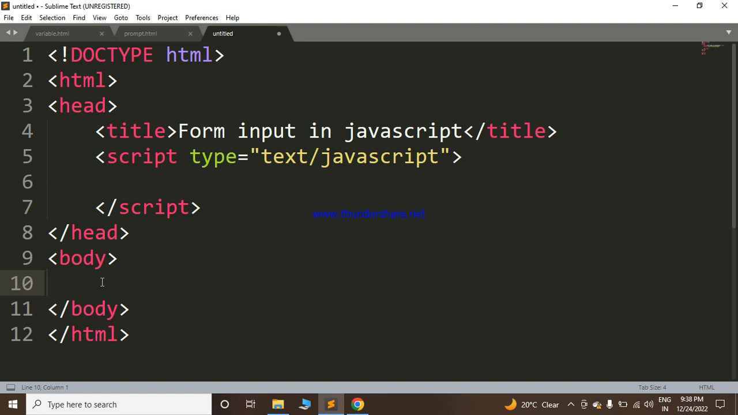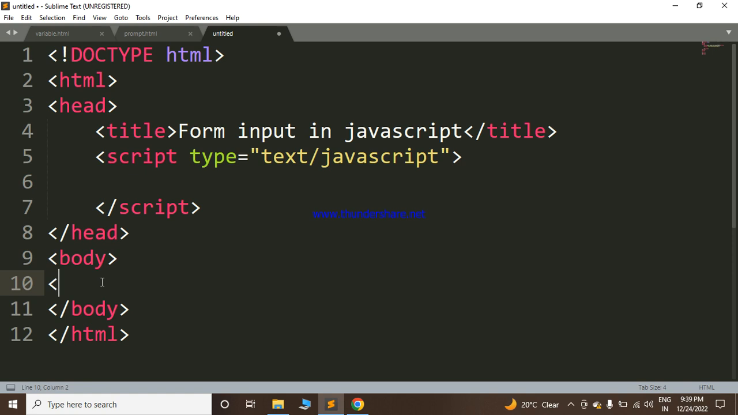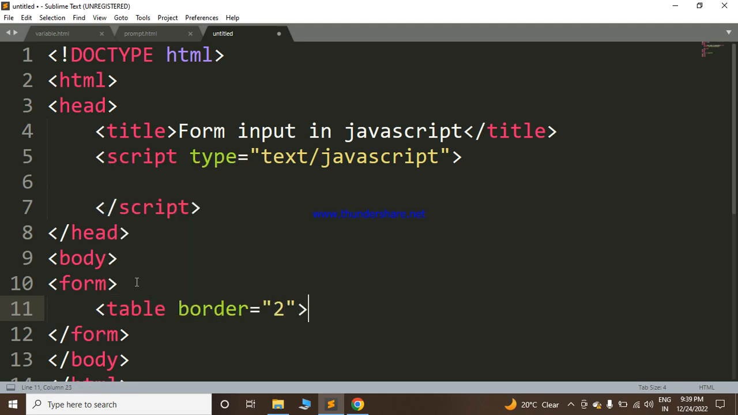Very simple, I am showing the addition of two numbers using JavaScript. So how to create that? We are taking input form. Within form we are taking table border 2. We are taking tr, which stands for table row, th